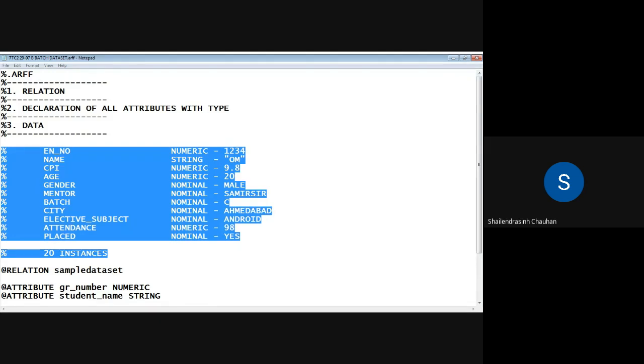Also, whenever you create any data set, it is not necessary that for any attribute you should have 3 unique values or 5 distinct values. There is no constraint like this. What you can do, let us say in your class you have around 60 students. You can take the data of any 20 students and add the values here. Then you can create the ARFF file for that.